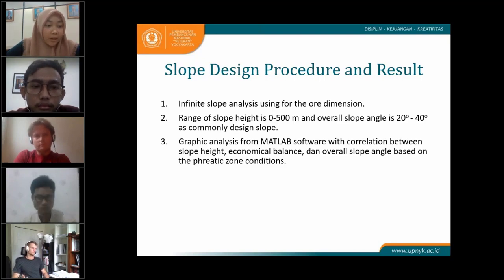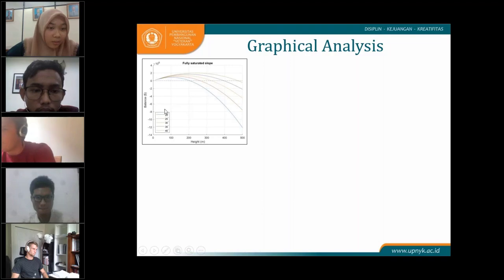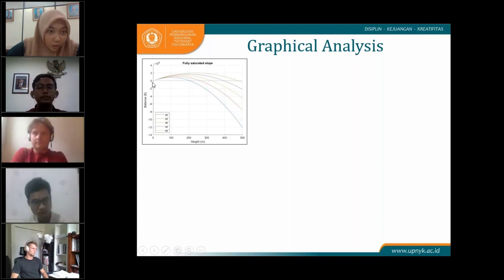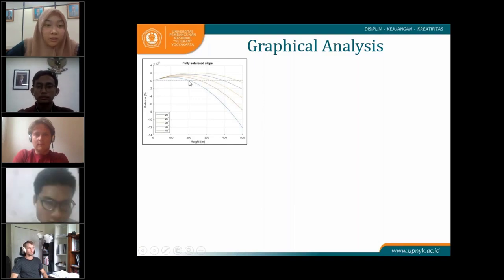And this is the graphic for graphical analysis classified by the phreatic zone, and this is for the fully saturated slope. We can see the ordinate here is for the economical balance, and the axis is for height and overall slope angle, drawn as a non-linear curve. Therefore, to get the dimension, just plot the economical balance here to reach the non-linear curve,